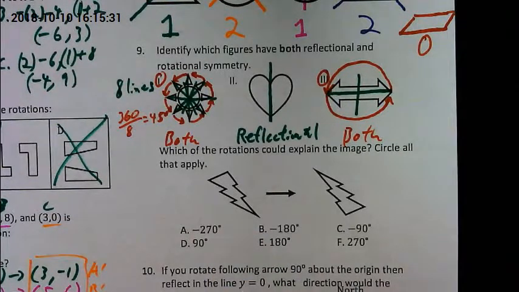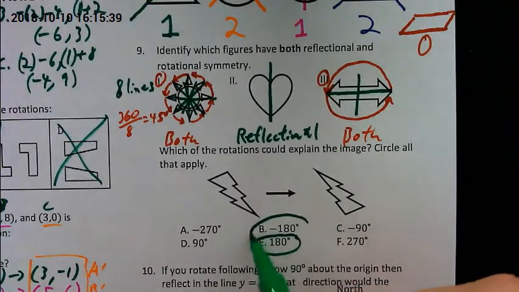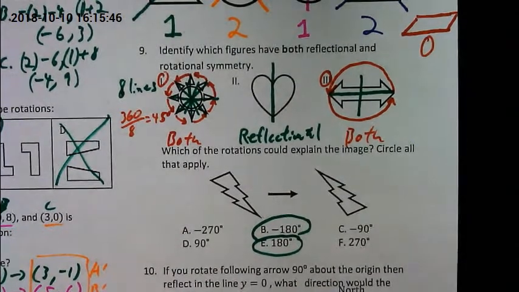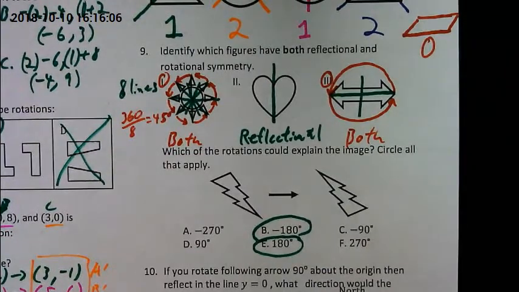Can somebody tell me one way you could say this was rotated? 180 degrees. Also negative 180. You don't know what direction. Either of those work, because one's going counterclockwise, the other's going clockwise. Right? Again, remember, guys, listen. Clockwise rotations go with negative numbers. Counterclockwise are the positives. Right? So remember,